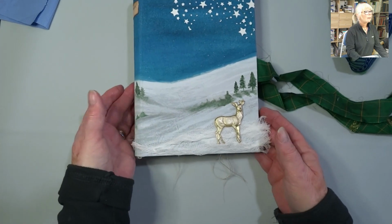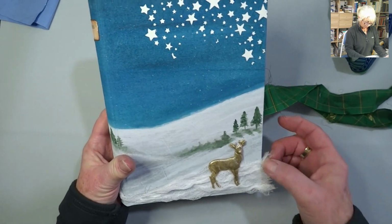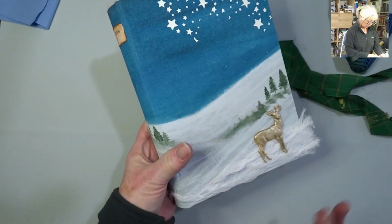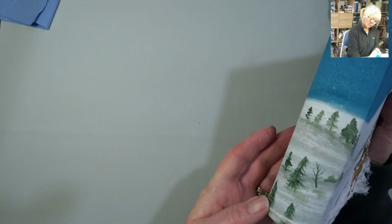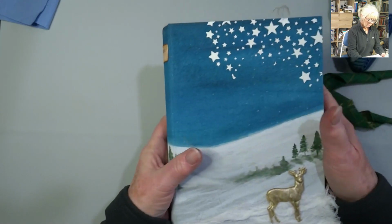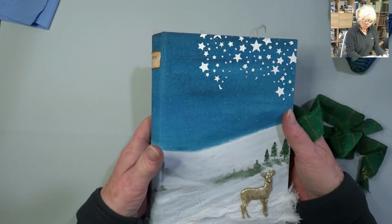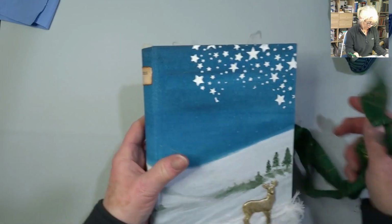So there we have it, my Christmas book. I might need those bits actually. Quite like that. Or maybe not. Don't know. Gonna follow that round. I won't do a flip through now. I will do a flip through. I have used 3 kits in this. It is all very different